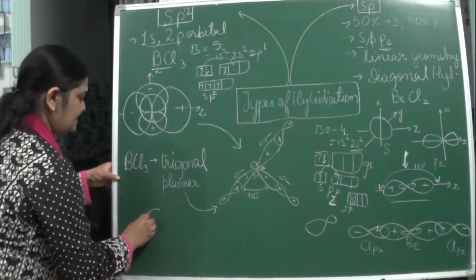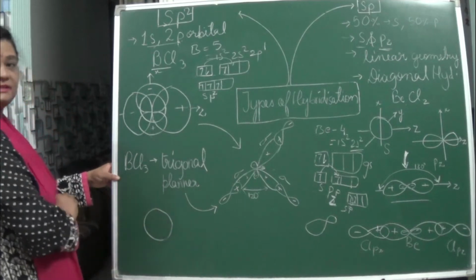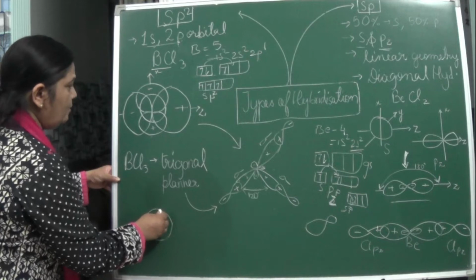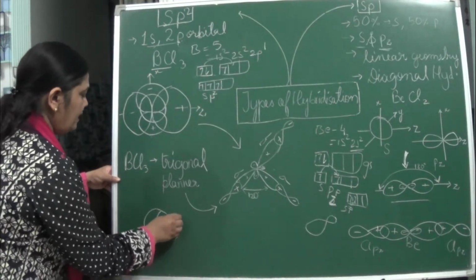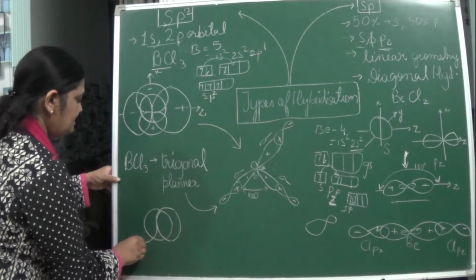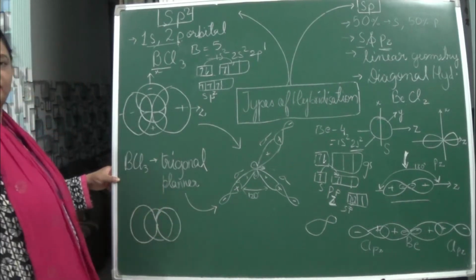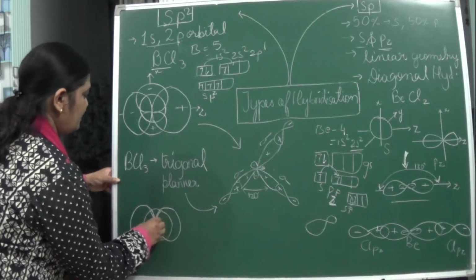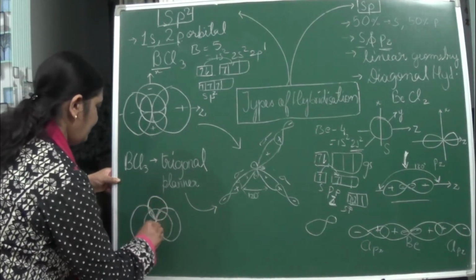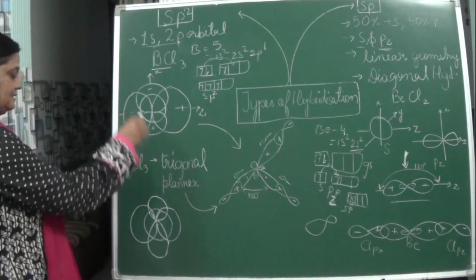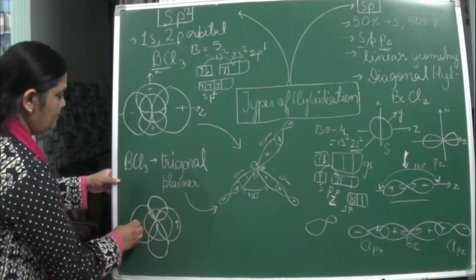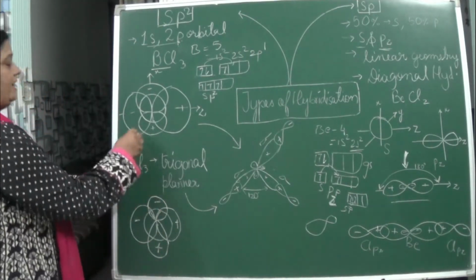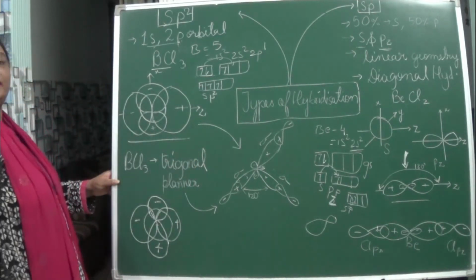This s you can see over here. Now talking about the p orbital, you can see this is the p orbital of 1. Another, again make another P, and you will get this structure. If this is positive, this will be negative. If this is negative, this will be positive, and thus this structure has come over here.